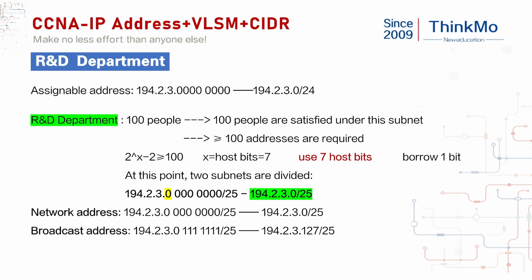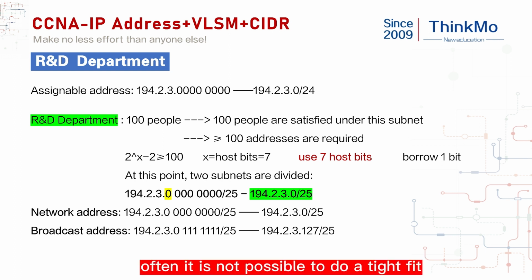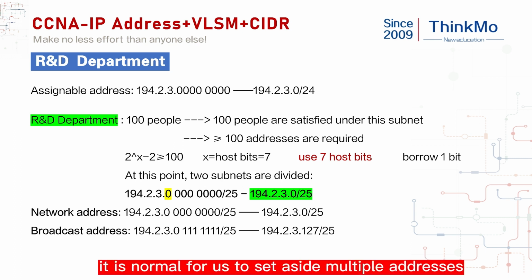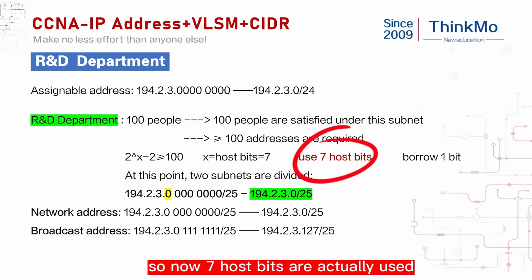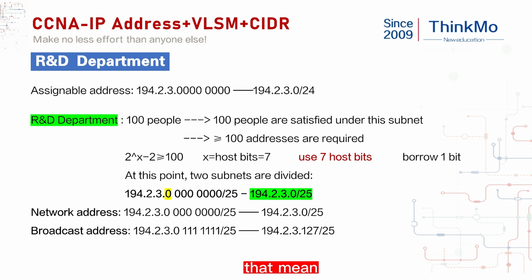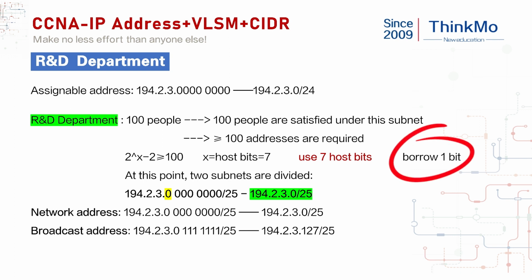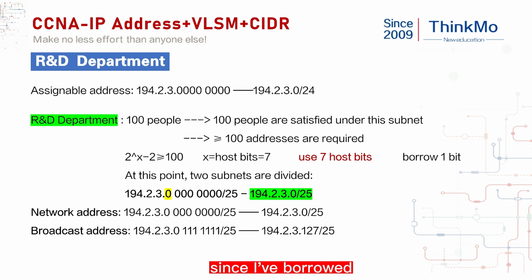Please pay attention: when we calculate with this method, it is often not possible to do a tight fit, not exactly calculated. So it is normal for us to set aside multiple addresses. So now 7 host bits are actually used. That means a network bit needs to be borrowed. The network bits were originally 24 bits. Borrow 1 now. Since I've borrowed, subnetting for sure divides into 2 subnets. I'll just tell you one of them. The first one is